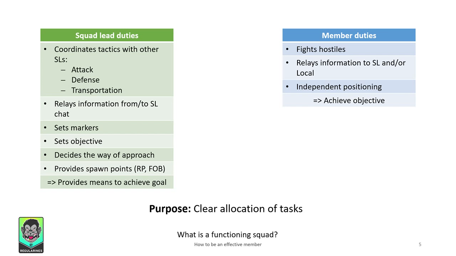There are squad member duties and squad lead duties. I will start with squad lead duties because obviously there are much more. The squad lead provides anything to achieve the squad goal, like coordinating with the other squads, relaying information to the other squad leads, or passing the information to you, setting markers, giving the objectives, and so on. The member has a pretty easy job. He just kills enemies, obviously relays information as well, and he positions himself independently,